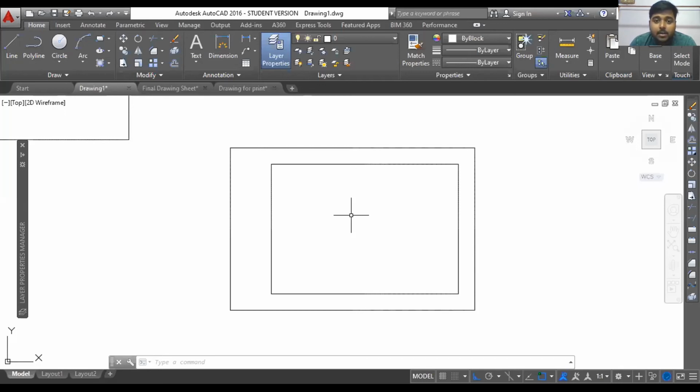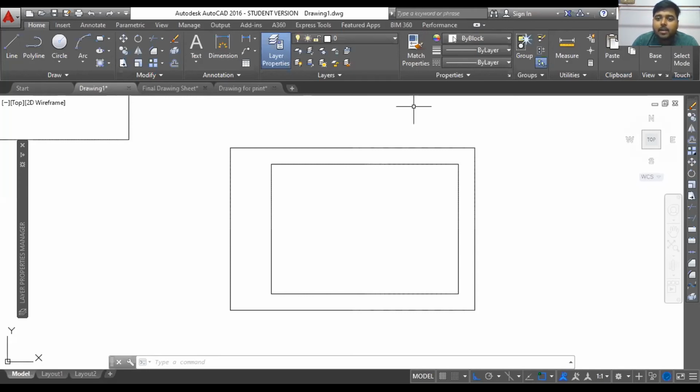But maybe their drawing is not that technical, not that easily readable or understandable. So there is no use of saving extra time and doing it in a fast way. All you need to see is the result. Yes, time matters, but if the drawing that you are producing is not technical or not well represented, then what is the point of saving that time, right?